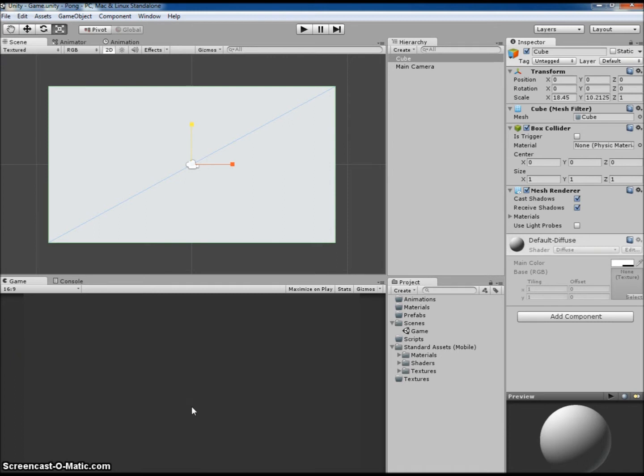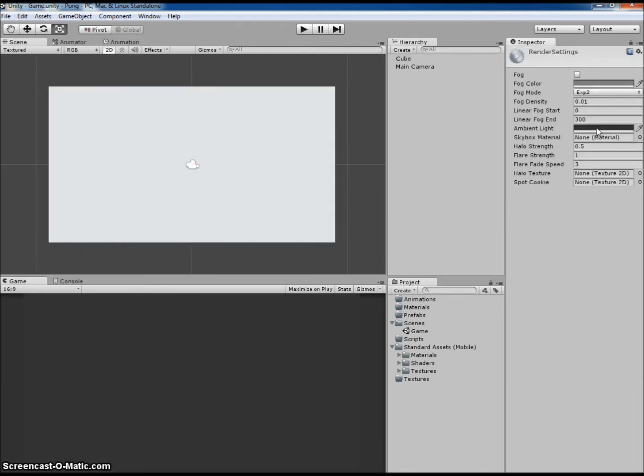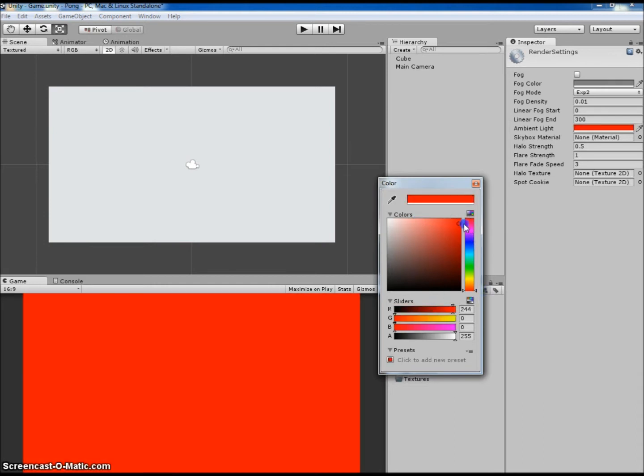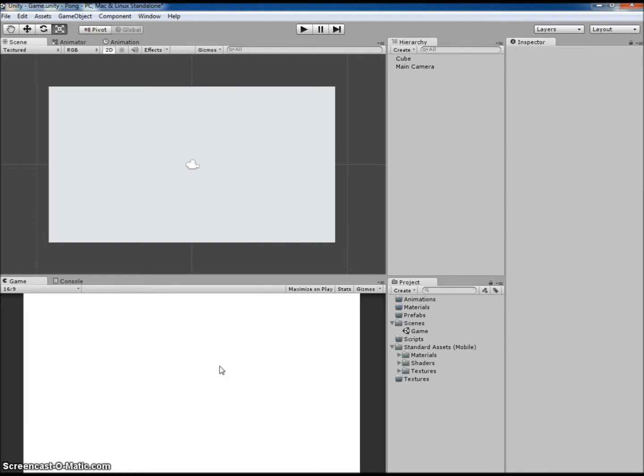And then notice this is grey. This is because we need to change the ambient lighting. So what you do is click edit, render settings, and then change ambient light to white. You can set it to whatever colour you want, but white is what we're going for. And notice it is actually white, and what we want is